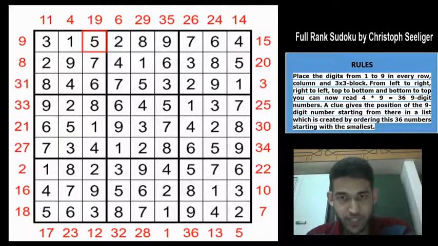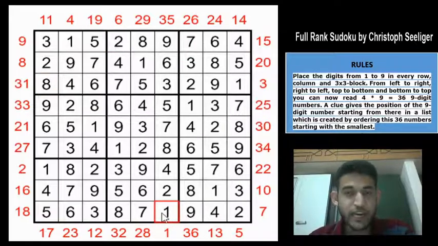Now, having said the rules, the tricks to solve this Sudoku are as follows. You will understand that any of the clues on the border of the grid, these are the cells which are on the border of the grid, and they will have 1 to 9. Any side you take, they will have 1 to 9. So any of the border cells, if you take this one, will be seen by exactly 4 outside clues.